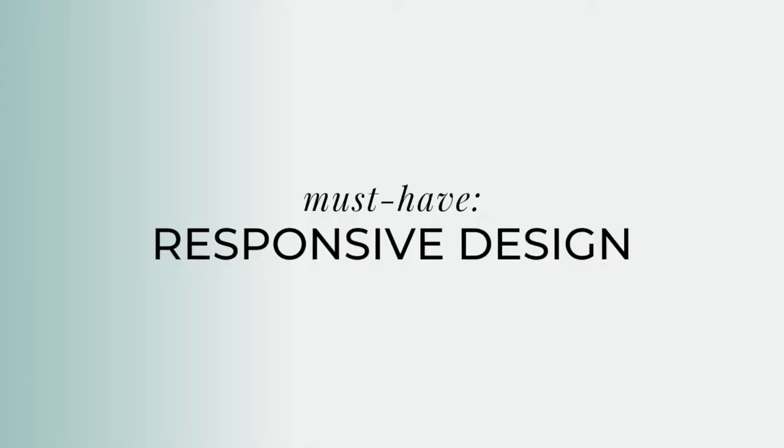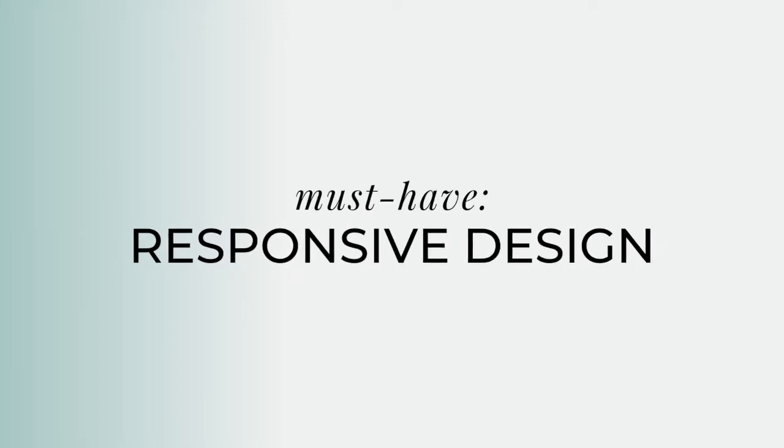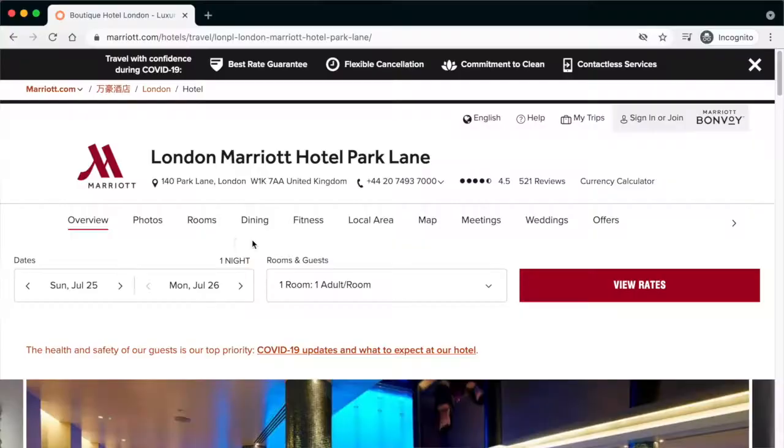The first few features that I want to talk about are related to making sure your website is easy to use. This starts with responsive design. You can think of this as being mobile friendly, but responsive design actually means a bit more than that. More and more consumers are using multiple devices to research, plan, and book their travels, meaning they're switching from scrolling on a mobile phone to browsing around on their laptop or desktop. Responsive design is an approach to website design that renders the page in the best possible format for whatever screen size you're using. You can see this for yourself if you're using a laptop or desktop.